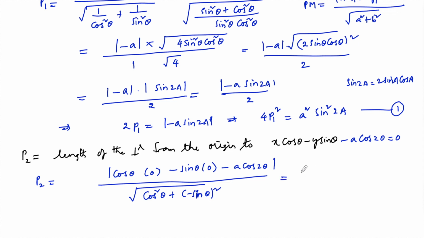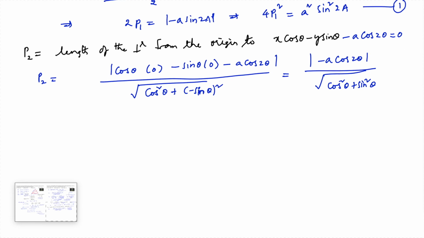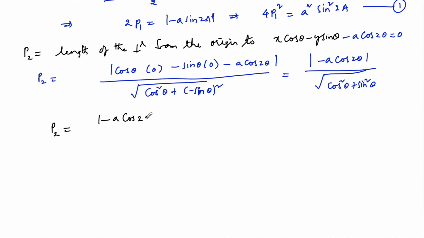So which is equal to mod of minus a cos 2 theta upon root over cos square theta plus sin square theta. Cos square theta plus sin square theta gives 1. So we can write here P2 is equal to mod of minus a cos 2 theta upon 1,